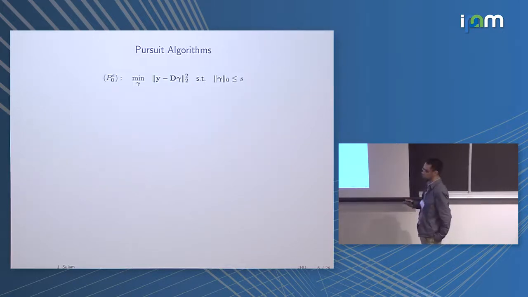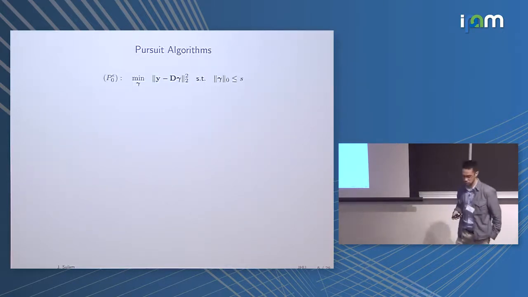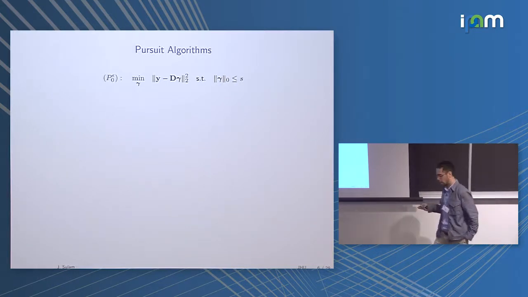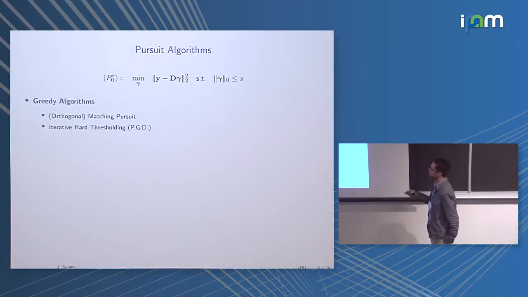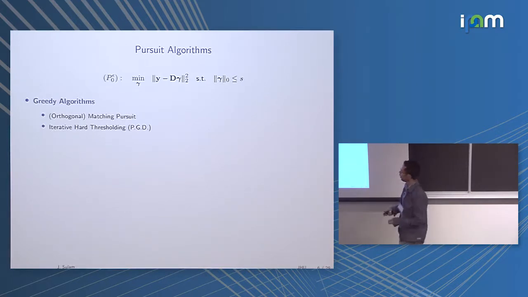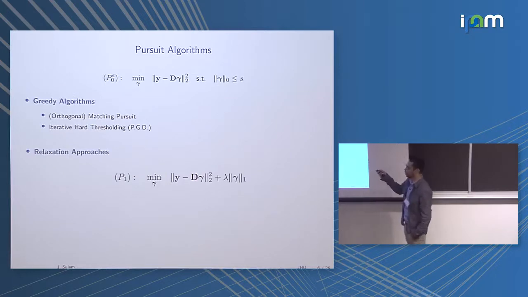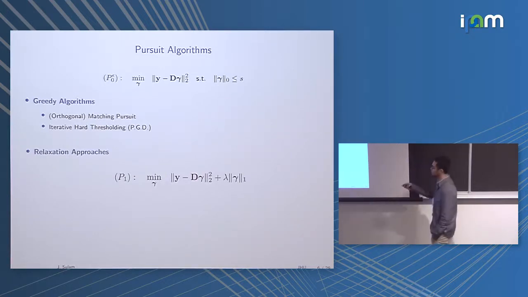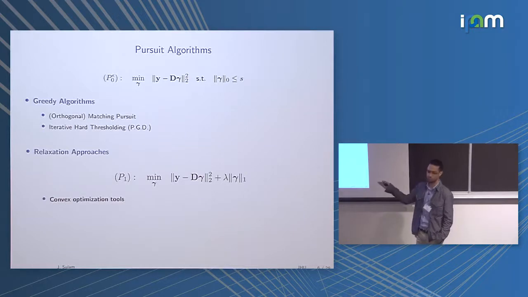So instead of solving it exactly, we can actually resort to a whole variety of approximation algorithms. Some of them are greedy, so essentially you try to build the support of these vectors in some sort of a progressive way. Or you can relax the L0, which is non-convex and very discontinuous, to the L1 norm, which is a norm. And so this problem is now convex, so you can use your favorite convex optimization toolbox.